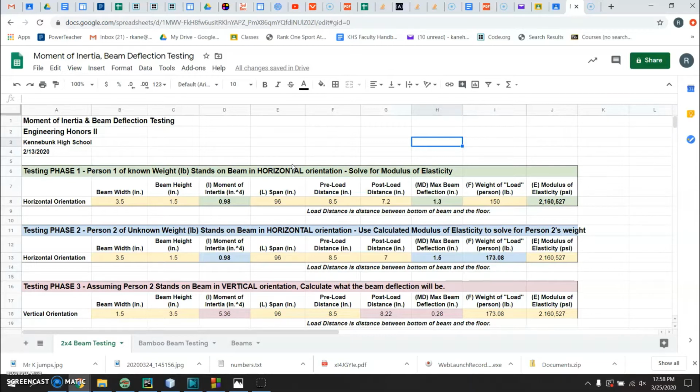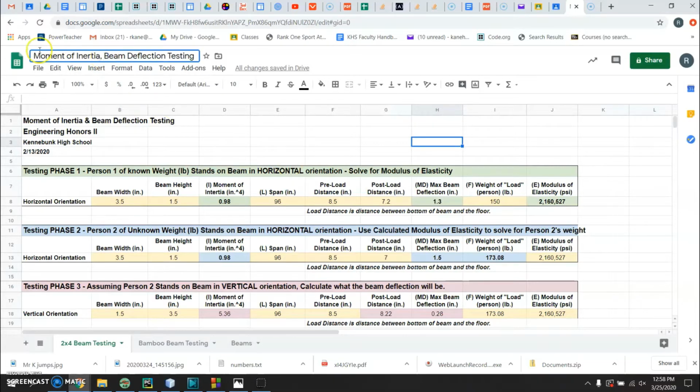This is a video that's going along with the Beam Deflection Lab Part 2, which is taking the data that you calculated on the lab Google Doc and converting it into this Google Sheets model. This is going to be a series of videos that's going to help you build this model. This first video is simply showing you how it's set up and giving you a little bit of instruction to get started. So the first thing you're going to want to do, obviously, is open a Google Sheet